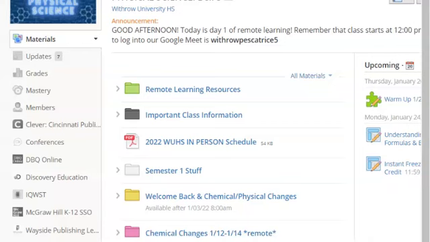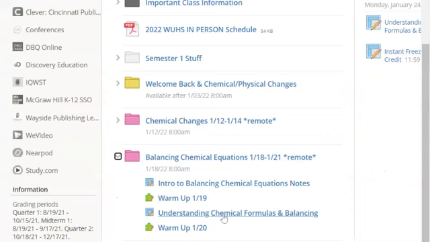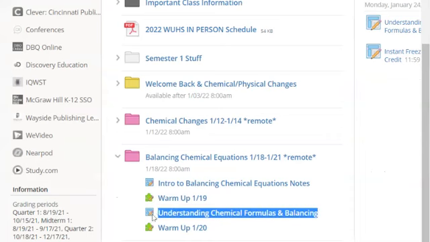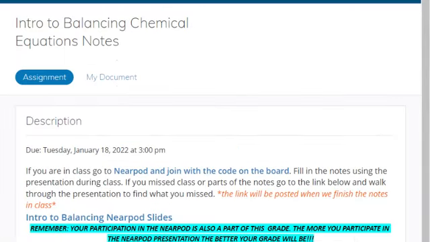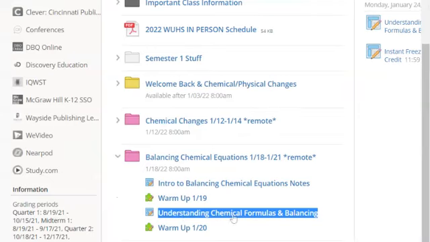So the assignment we're going to be going over today is in the Balancing Chemical Equations folder, and it is this Understanding Chemical Equations assignment. This is what we started yesterday. When you click on this,